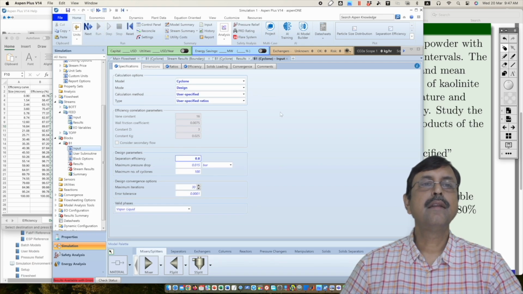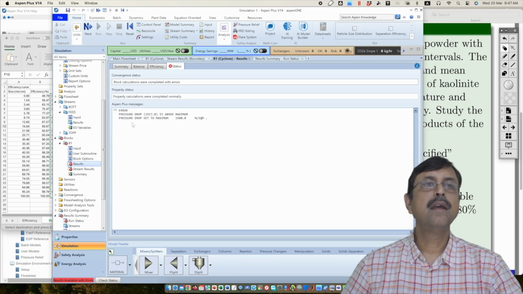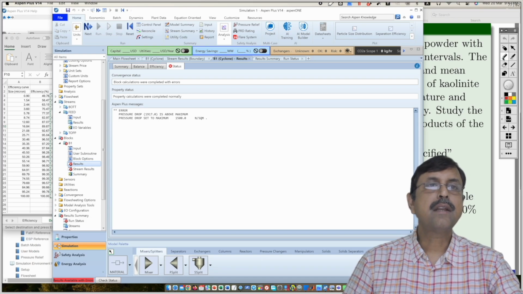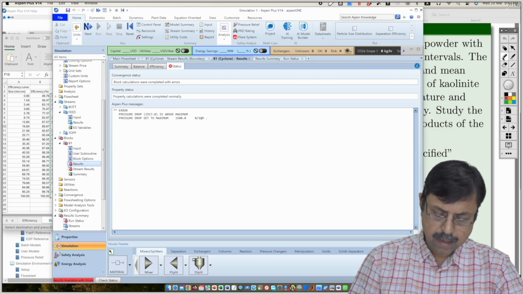and run. It is showing some error, right? So check status. What is the reason for error? The following unit operation blocks were completed with error: B1. It is saying the pressure drop is 1917